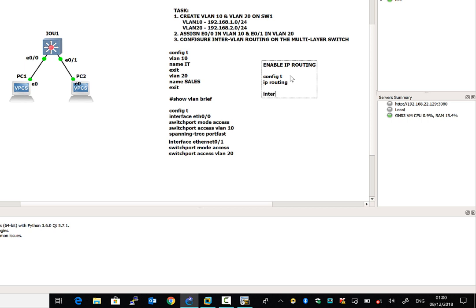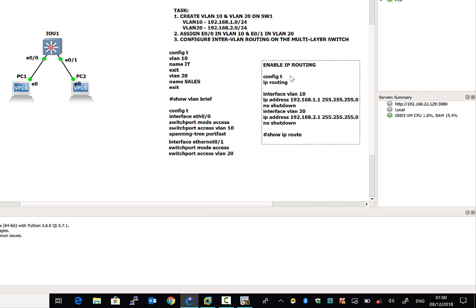The next step is you will go to the interface VLAN 10 and assign an IP address. This is your switch virtual interface. So you'll assign an IP address here, 1.1, which is going to act as a gateway for the users who are in VLAN 10, and just say no shutdown. The same steps will follow. Interface VLAN 20, IP address 192.168.2.1, 255.255.255.0. No shutdown. For verification, you can also run a command like show IP route and show IP interface brief,